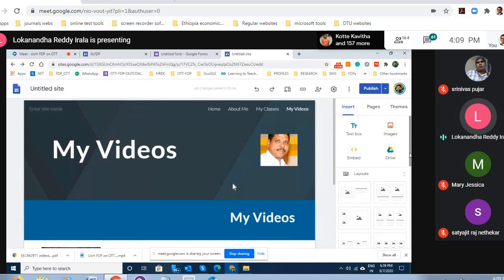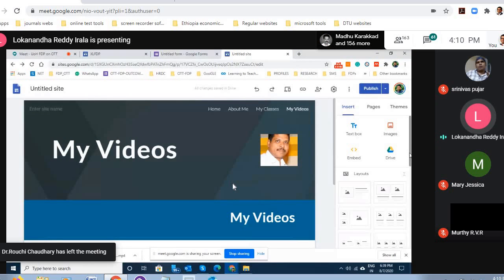Let us say there is a class schedule that you are coming up with, or any content. So what you can do, you can create this material in your Google Drive and directly link that file into this particular site. So this means what? Whenever there is a change in the content, you need not edit it in the site, you just edit it in your own Google Drive, but it gets automatically published in your site.